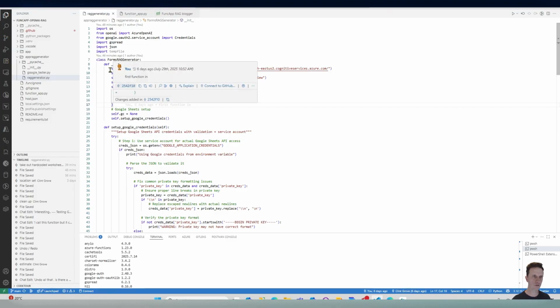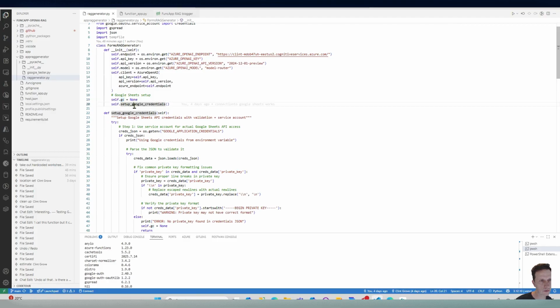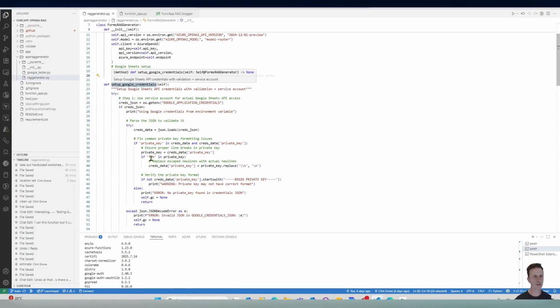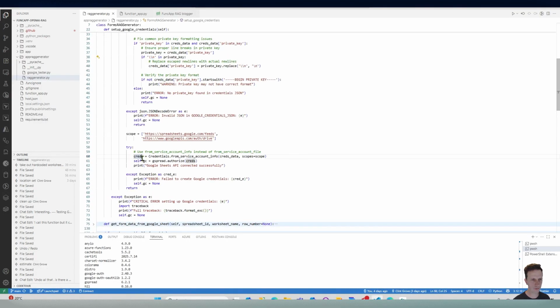So this thing kicks off, it authenticates against Azure OpenAI and creates a client. You can use that client later on, and then it creates a GC, if you want to call it that. So it goes into here and creates the Google credentials. It uses the information from the environment variables, which is the Google application credentials I just spoke about, which is the service account. And then it escapes these characters. It's got these funny characters in that key you need to get rid of. And then down the bottom here, it creates the credentials, and it says the GC will now be this: gspread